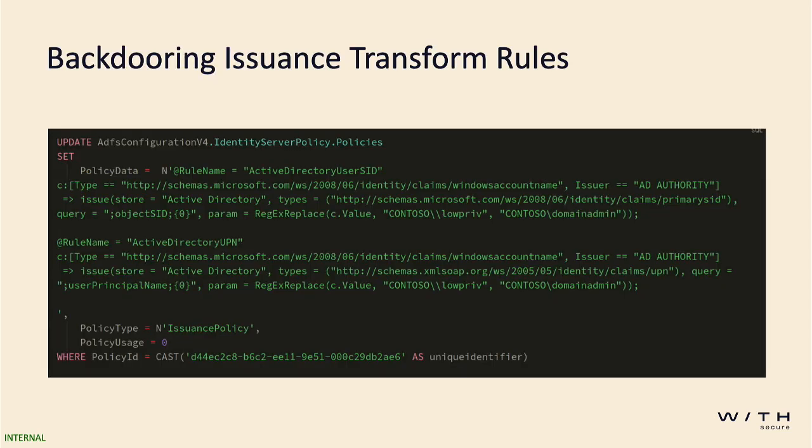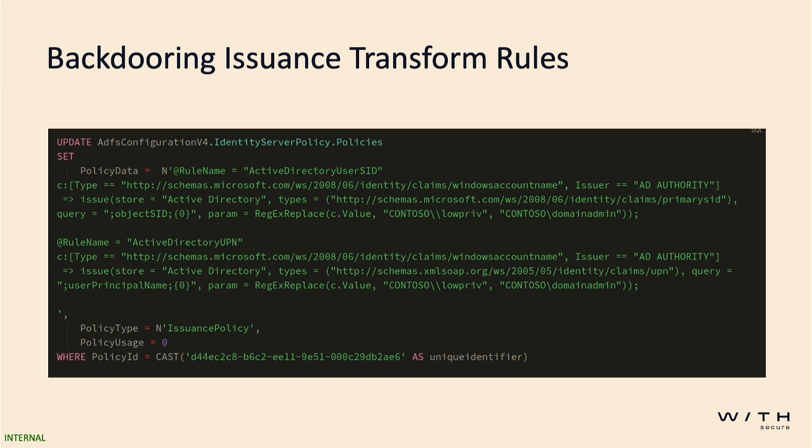So essentially, when I was researching this claims transform rule language, the claims language, I came across this token called regex replace. It does what it says on the tin. It does regex replaces. So in theory, if you bake in a user's username that you know and you have compromised, so say I was the low privilege user, this low privilege user had a foothold on the MS SQL server and could make edits to these claim rules, you can essentially just have it swap out whenever that user is creating a SAML token. So it's super, super powerful.